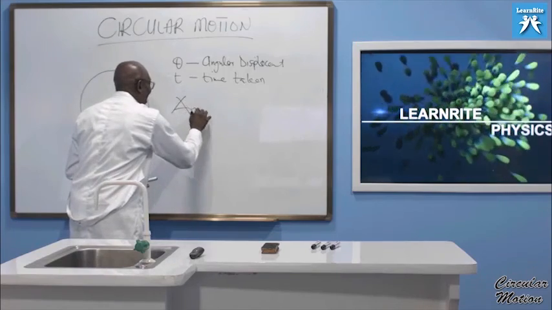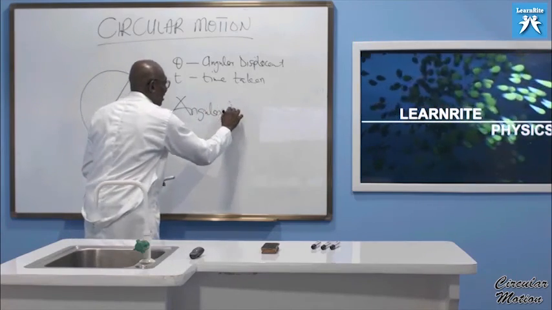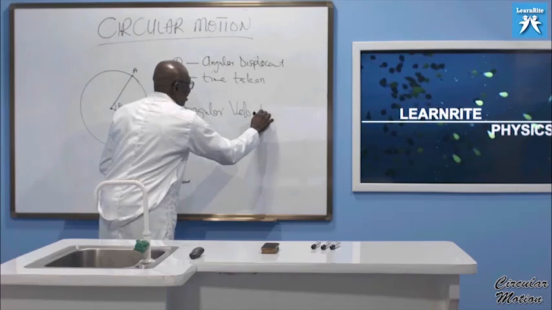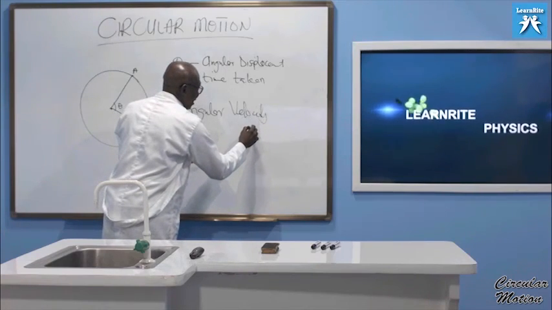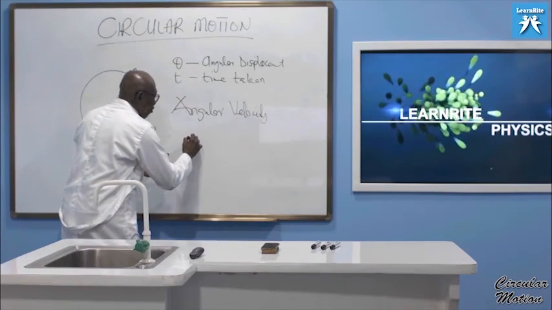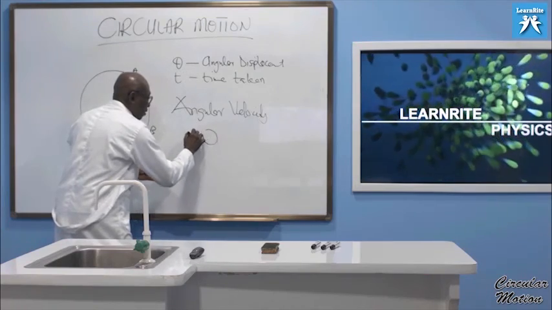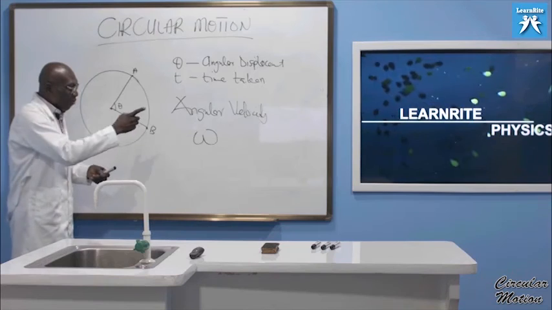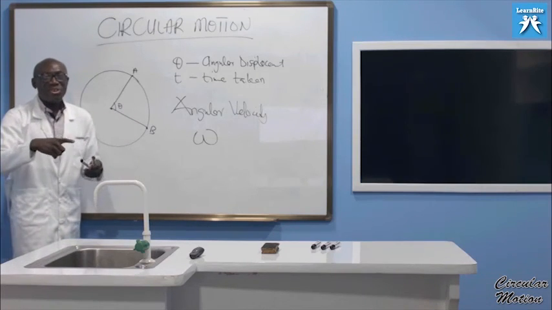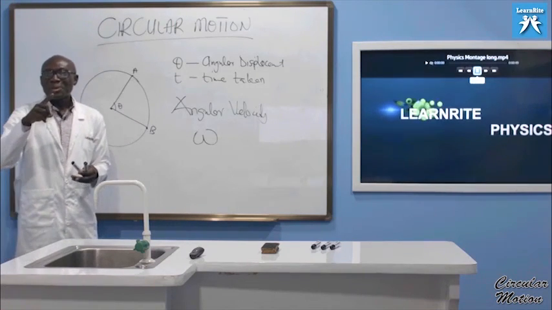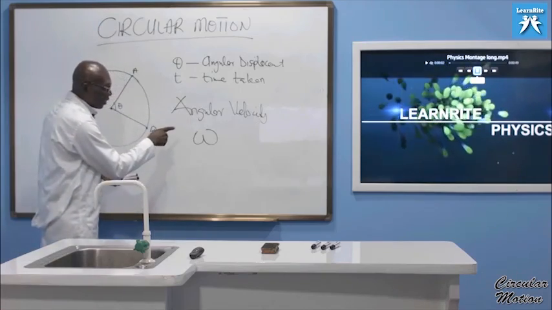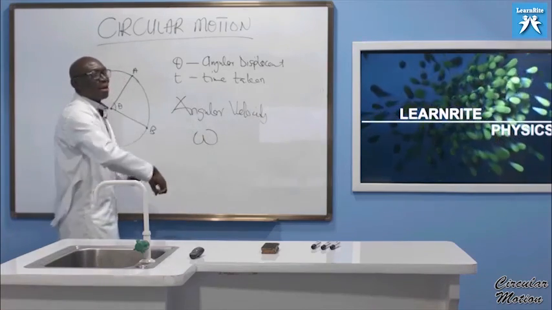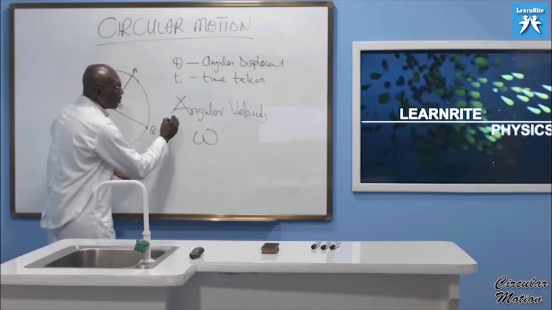Angular velocity, that is what we are looking at. I'm using the symbol, and we call this symbol omega. It looks like W, but it is not. Look at it carefully. Omega. And that is what we are using to represent